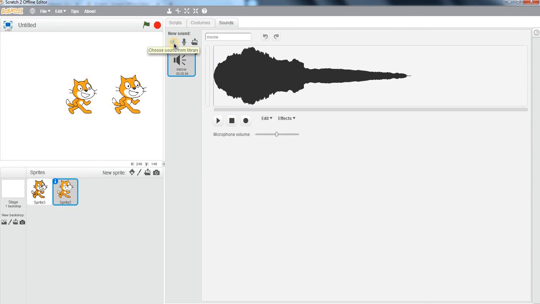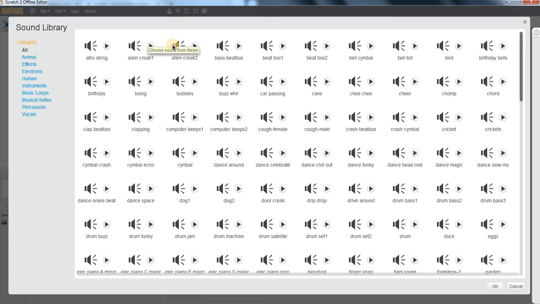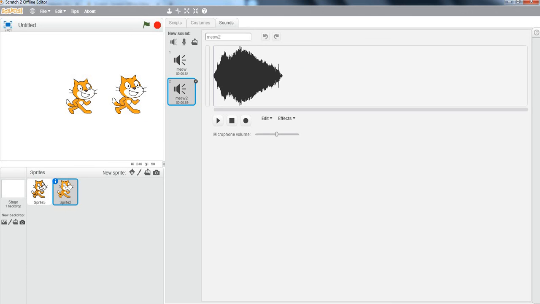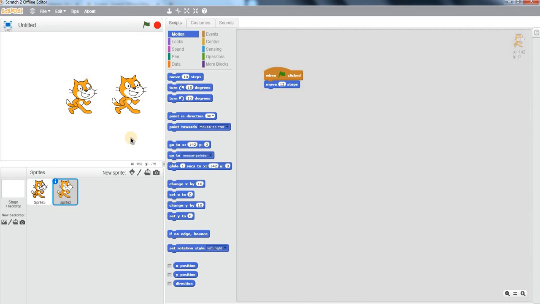So if I want to add a sound, you can just click on choose sound from library, or you can use any of these options, but I will choose the sound from library. So I can click that, and then I want to go to animal and choose any sound such as this sound, and click on OK, and the sound will be added to our project. And you can also add a sound and